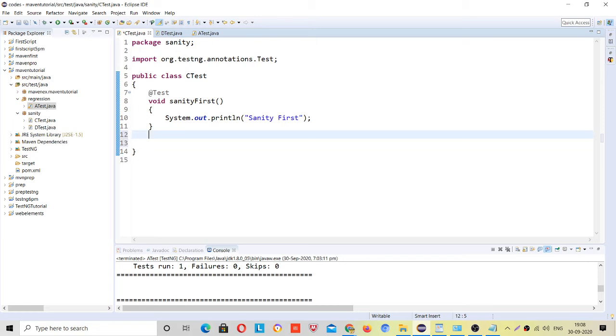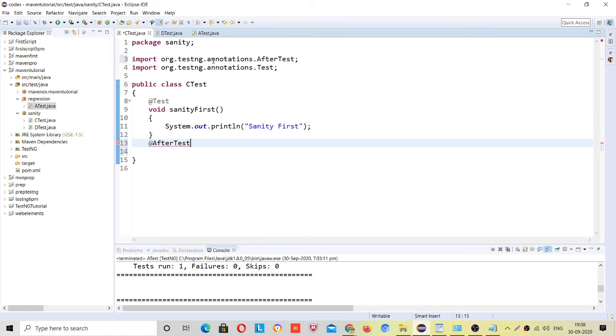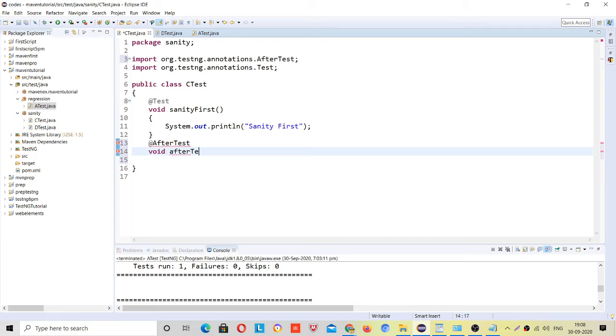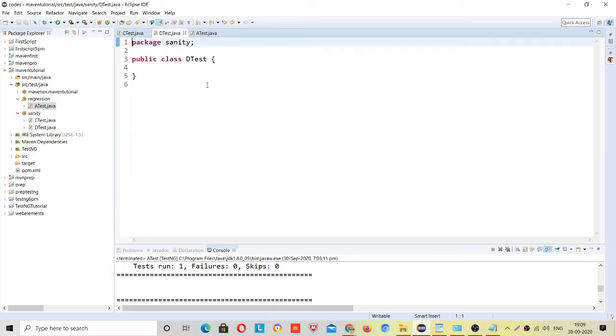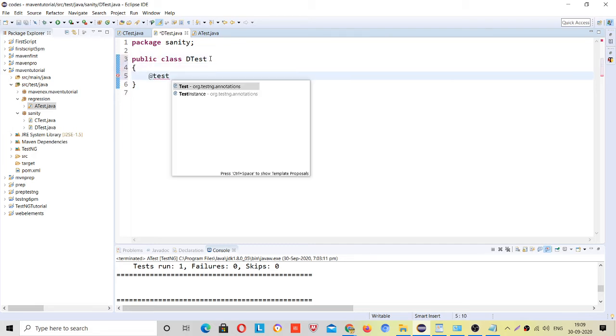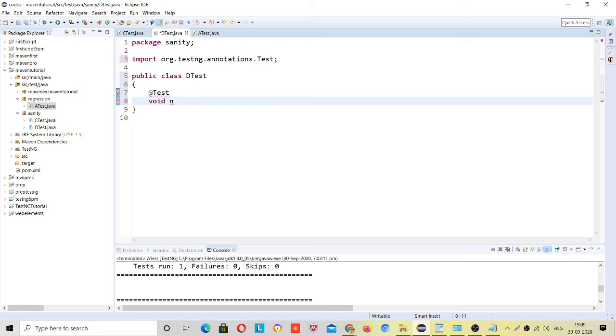And inside this just create @Test, void regression.